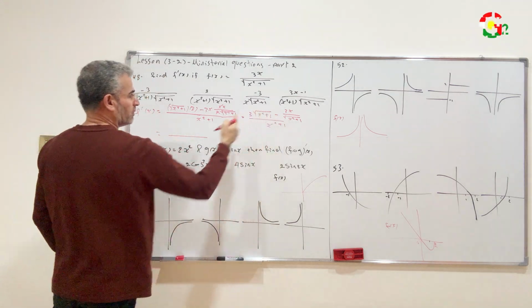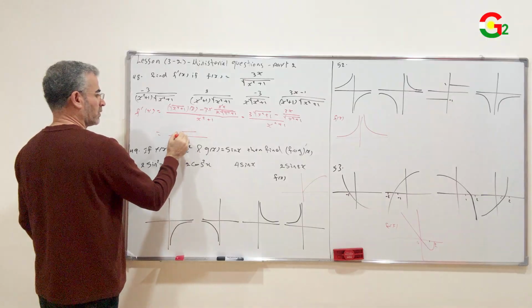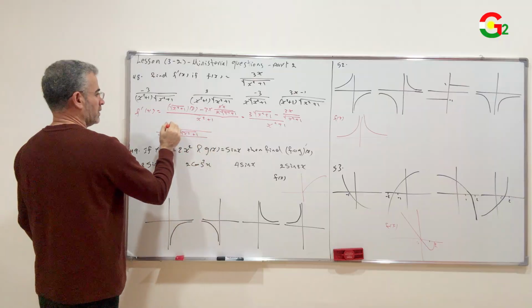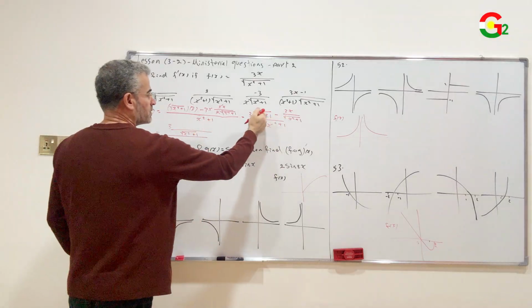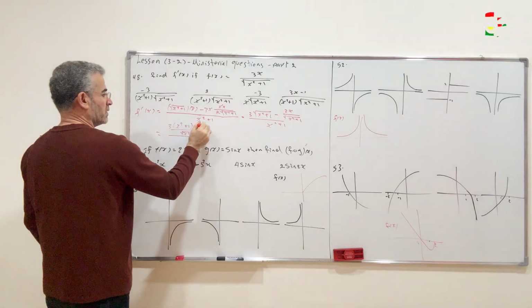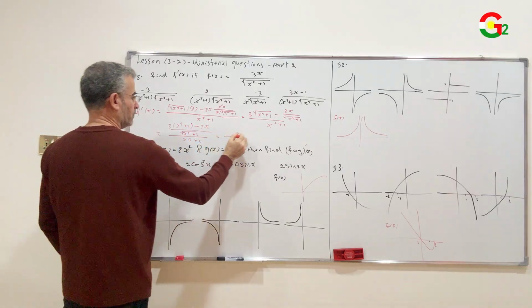Find the common denominator for the two fractions in the numerator: square root of x^2 + 1. 3 square root times square root is x^2 + 1, minus 3x over x^2 + 1 equal to